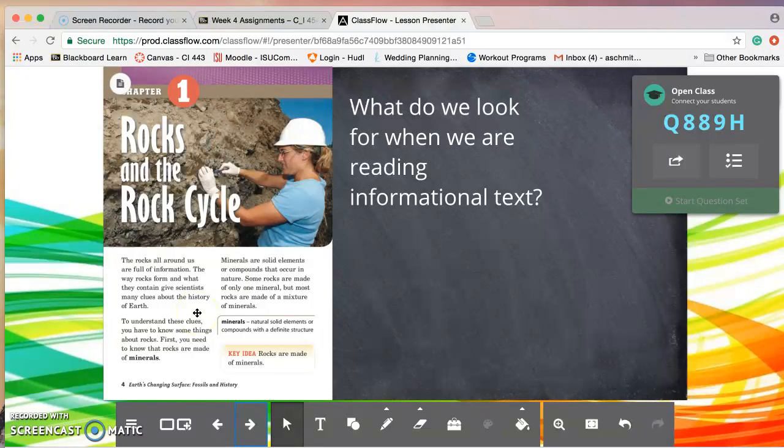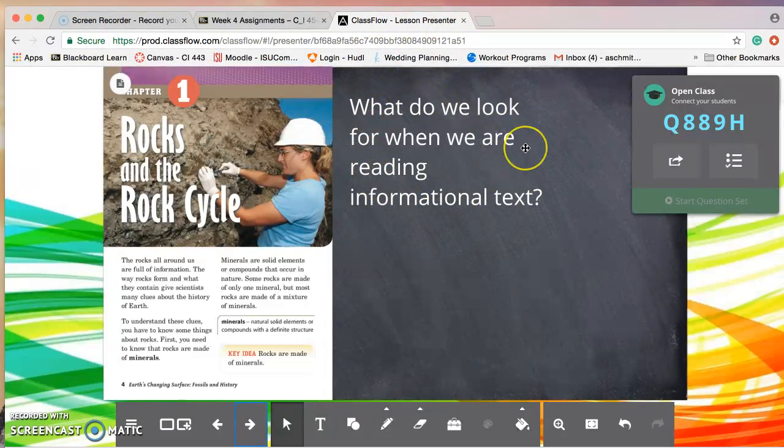I really like the feature on ClassFlow of sending things to students because I think that's a really powerful way to engage students and make sure that everyone is participating, because they all have the device in front of them and they will all have the card in front of them as well. So I think this is a really cool way to engage students, and so I use the sending feature a lot within this lesson. So here students will read through a couple pages worth of reading, and before doing that